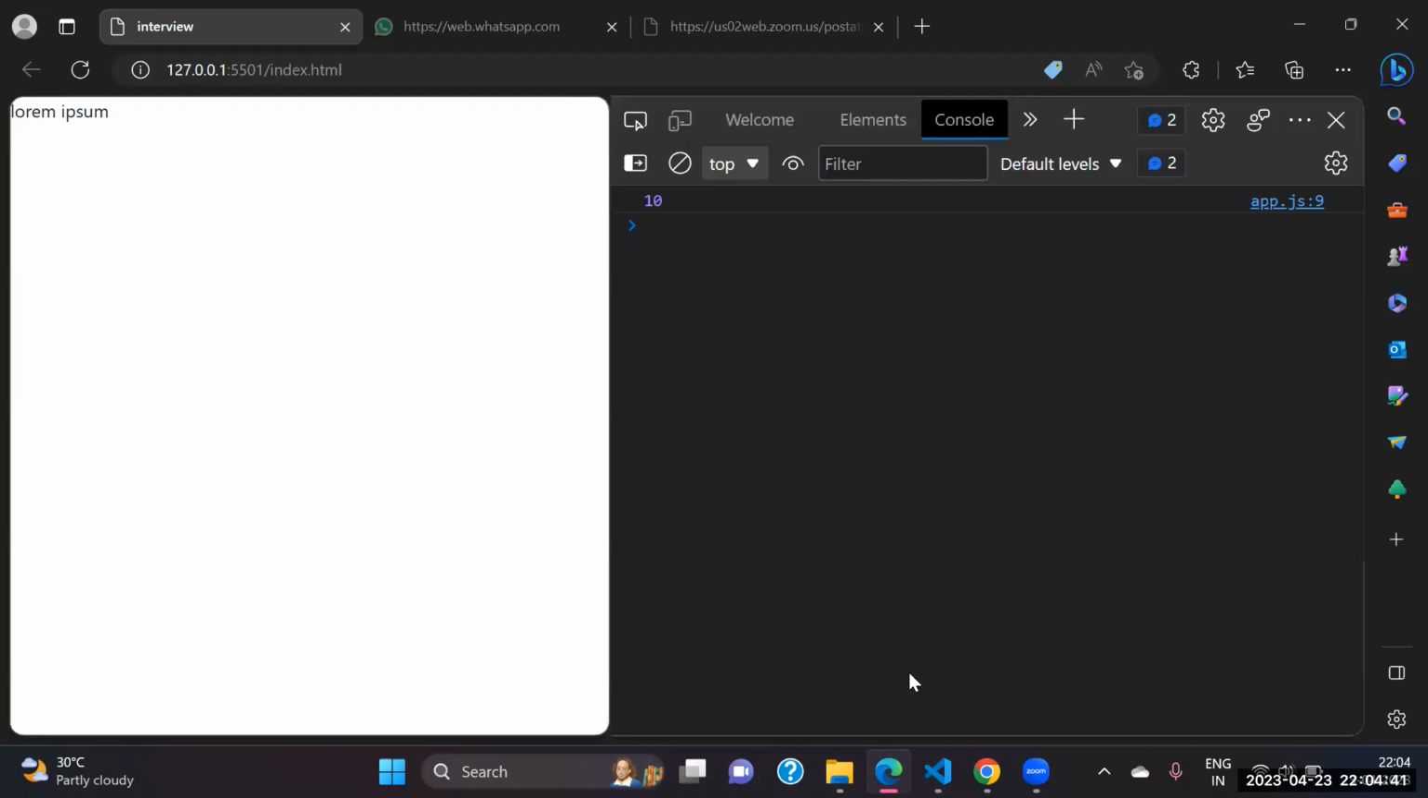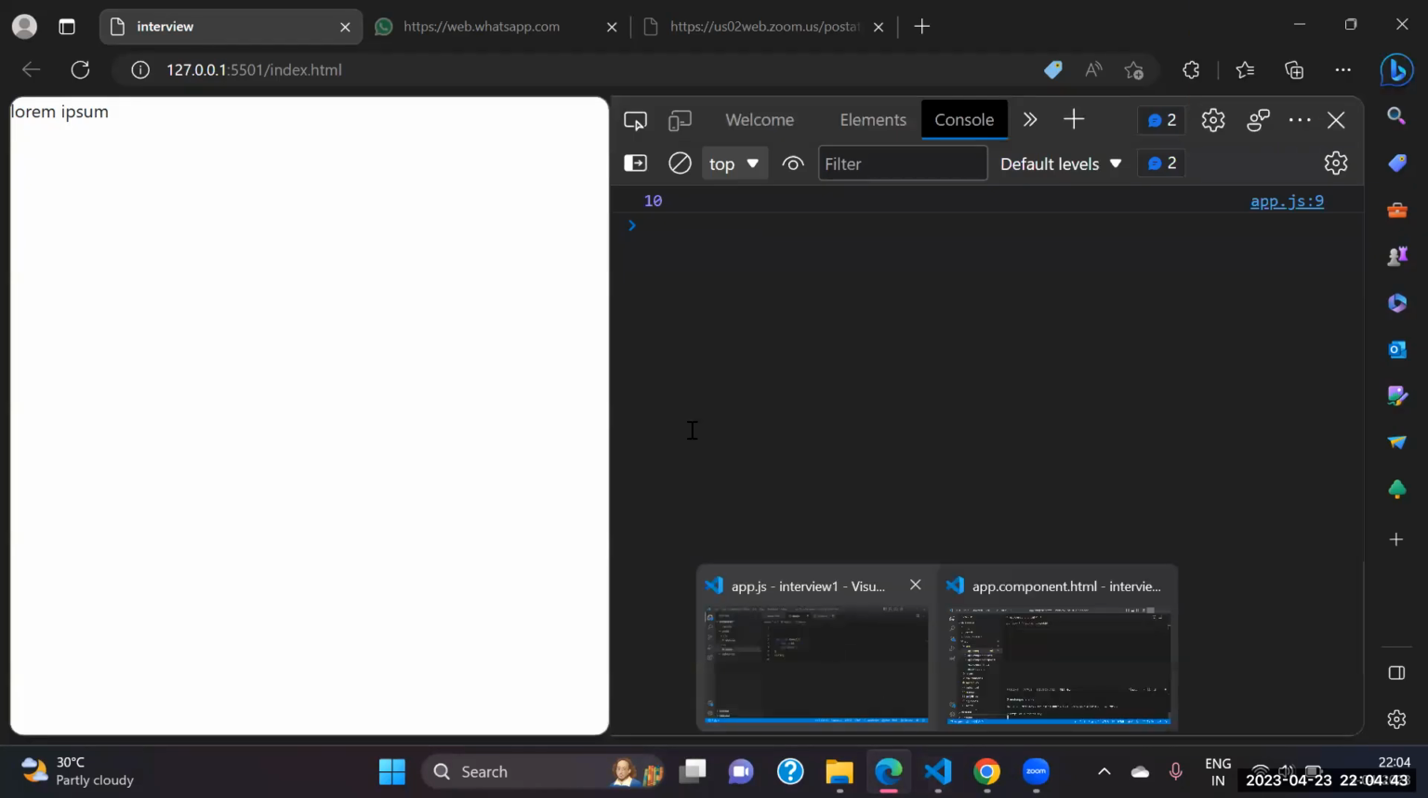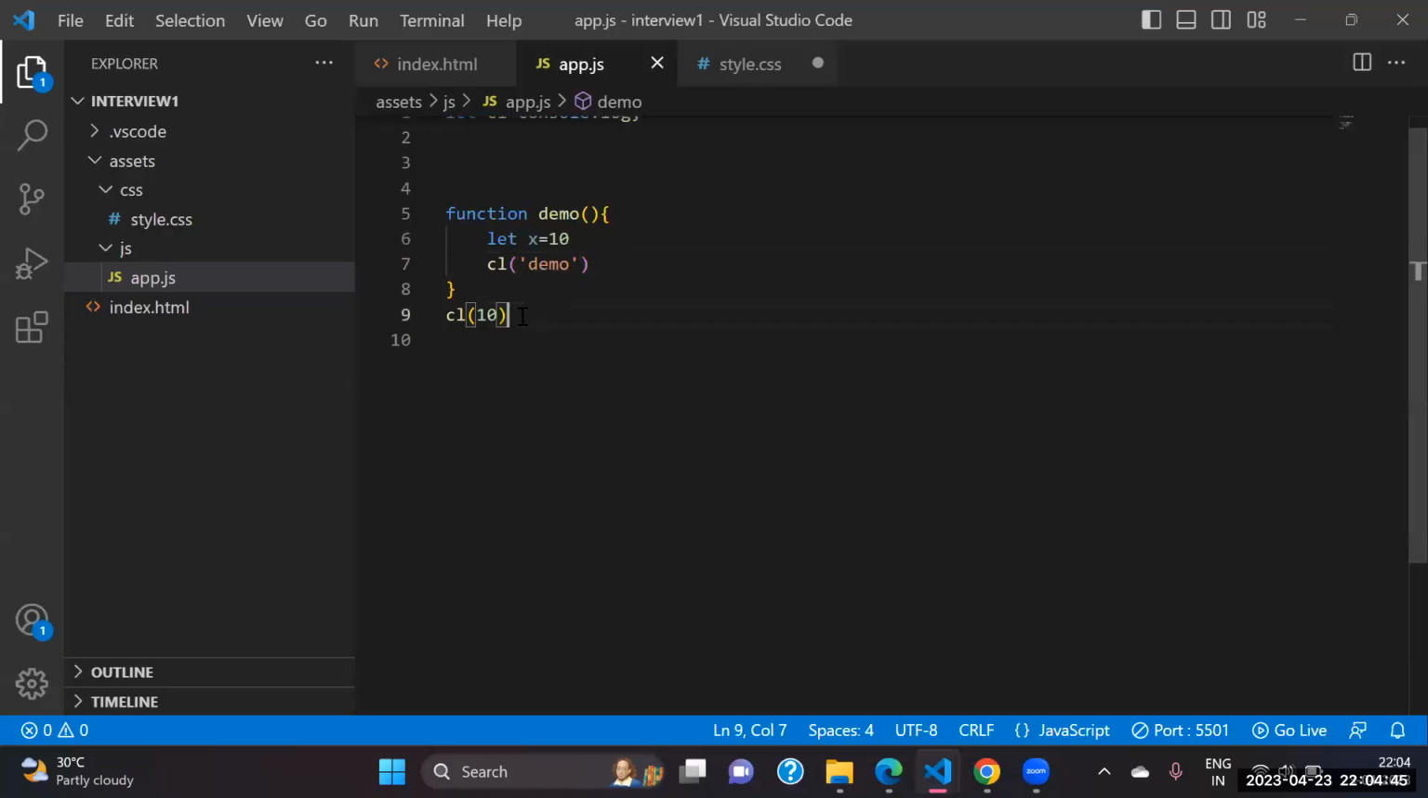Yes, sir, we get 10. Means if you write in line number 9 directly 10, then it gives 10. I'm asking what is block scope and local scope. As you say, there are two types of scope. Yes, sir. And block scope means